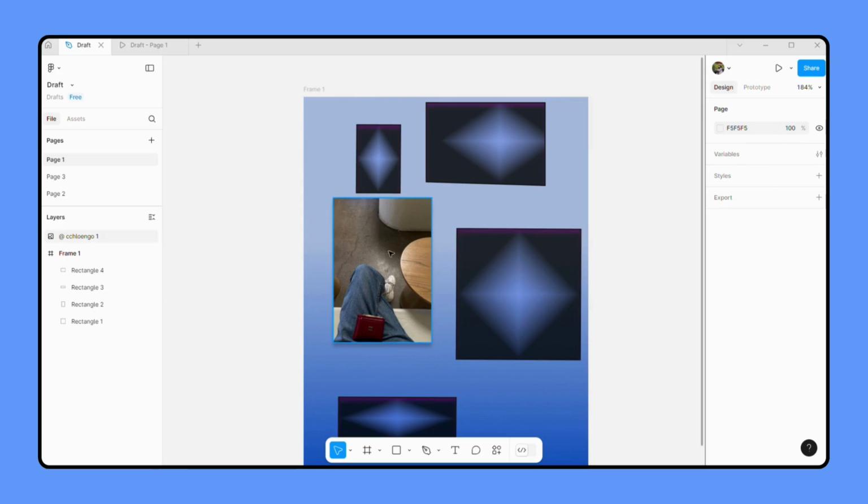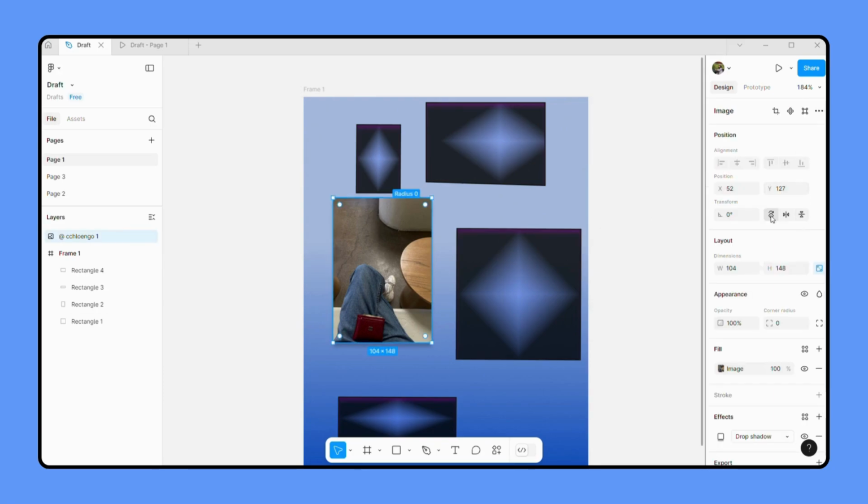So before we start rearranging, let's take a quick look at the layer structure. Each layer represents a different element of your design. By default, Figma stacks layers in the order you created them, but sometimes you need to rearrange them for better